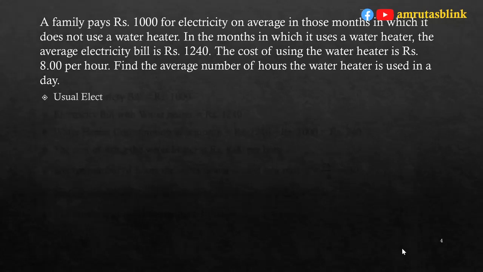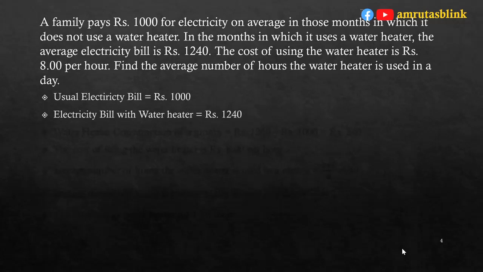First of all, we'll write down what is given in the problem. Now, first thing which is given is a family pays rupees 1,000 for electricity on average in those months in which it does not use the water heater. So, usual electricity bill per month for that particular family is rupees 1,000. Now, next thing which is given is in the months in which it uses a water heater, the average electricity bill is rupees 1,240. So, the average electricity bill without water heater is rupees 1,000 and the average electricity bill with water heater is rupees